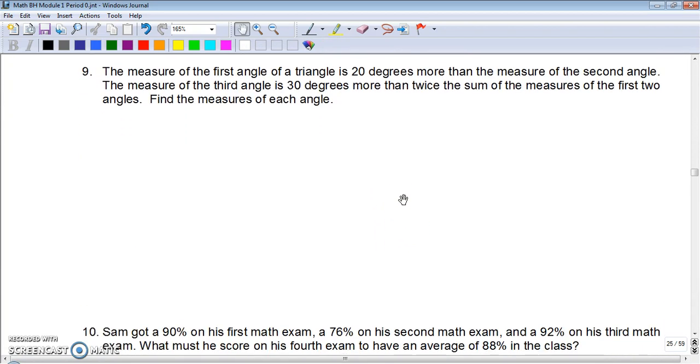Let's look at number 9. Number 9 deals with a triangle, so 3 sides. It says the first angle of the triangle is 20 degrees more than the measure of the second. The measure of the third angle is 30 degrees more than twice the sum of the measures of the first 2 angles. So we have the measure